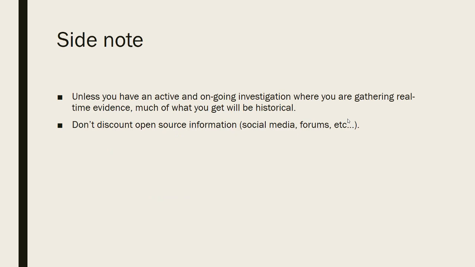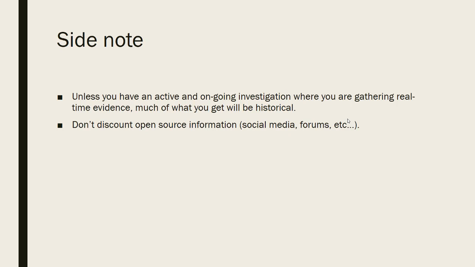Also, with search warrants and subpoenas and administrative requests, unless you have an active and ongoing investigation, which this was, an active and ongoing investigation where the investigator is requesting data and applying for search warrants to search whether it be vehicles or the residence or ISPs. So this is an ongoing investigation where you're getting real-time information on IP addresses, the email, and whatever DNRs on sent and received emails metadata.